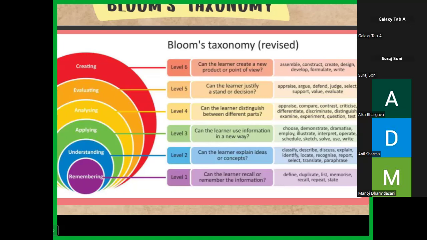Also familiarize your students with these question verbs, because the more you use them, the more you tell them, the child is immediately able to pick up what kind of question it is. Is it analyze? Is it application? Is it understanding? Whatever, and then the child is in a better position. The child is better equipped to answer the question, right? So please do try to use these verbs used in Bloom's taxonomy for preparing your questions. They are really handy and really helpful for the child as well.